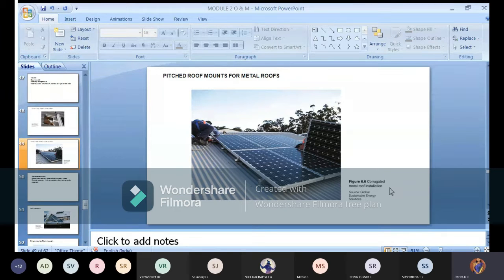The corrugated metal roof installation, they are showing here. One person is doing the installation, connected with some cable to take out the power. Can you see the reactor outside? And it has multi-crystal solar panels, not just one module. You can see it is a complete string, 3 plus 3, and somewhere the people are doing a connection.